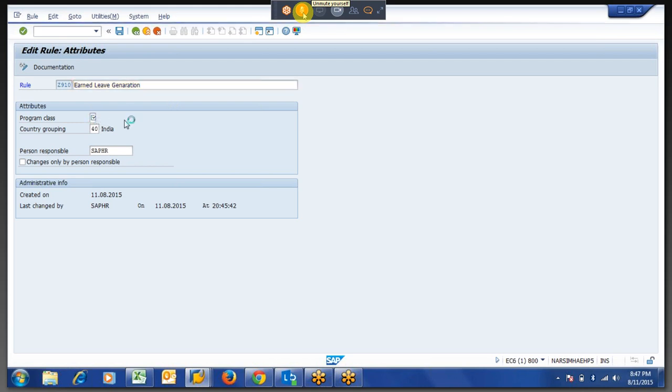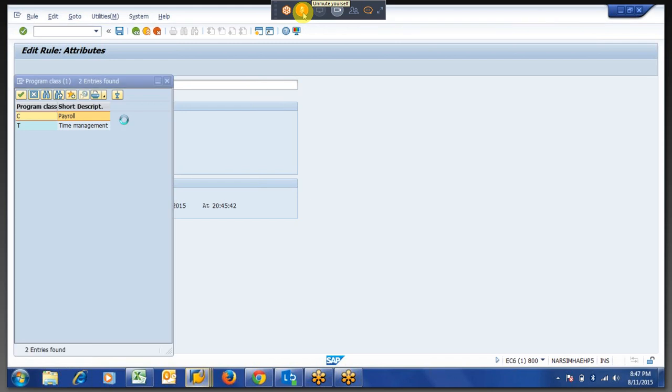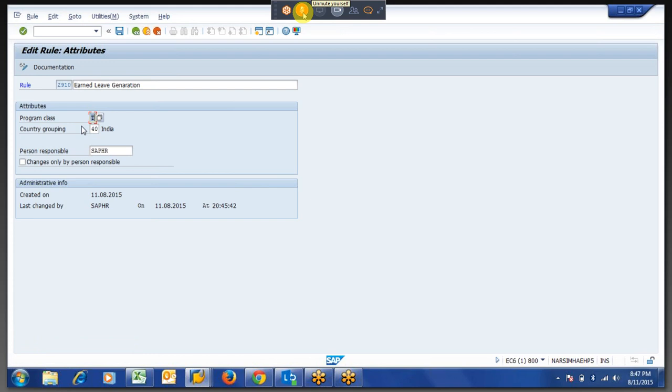We have to tell which program it should run. You are selecting time management, so RPTIME00 will consider this particular thing. When you are telling time evaluation, the country grouping should be star, which is for all countries. Person responsible will come as our user ID. Only if you log in with this user ID can you edit this PCR.